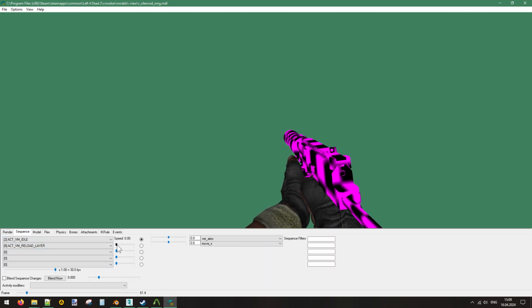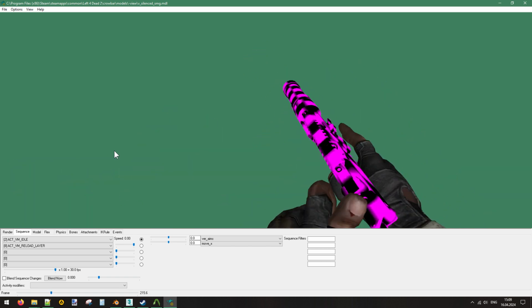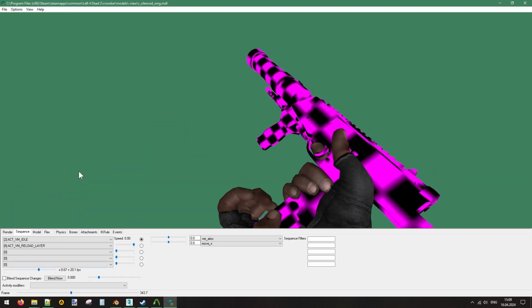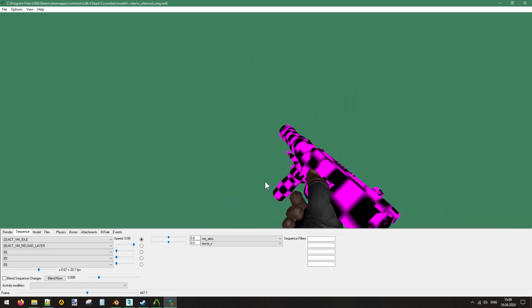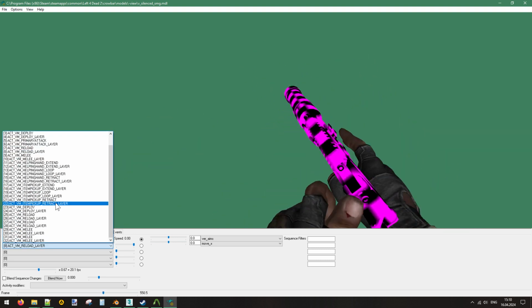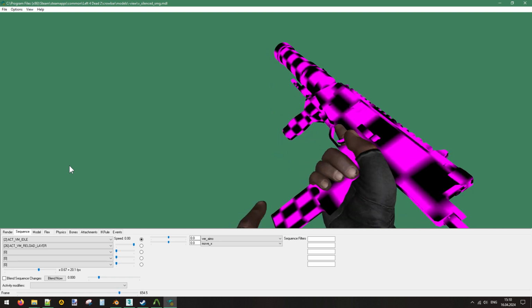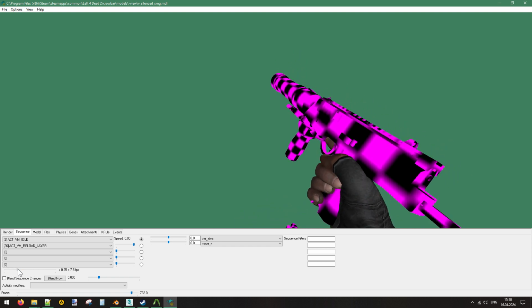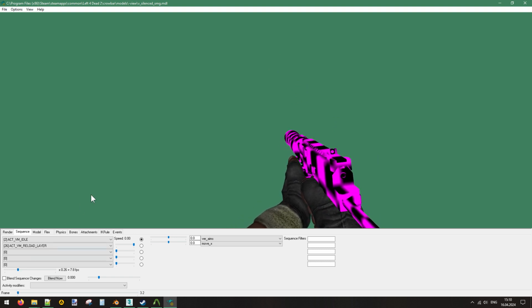Anywho, let's now see the animations on this thing. Yeah, that works. So if we slow it down to like 67%, this is how the MP5 animation is gonna look. I think that's kind of the proper speed for this specific animation. Let's see the other ones. Well, this one is gonna be very slow. It doesn't clip through the grip, at least not this particular one. What about the...